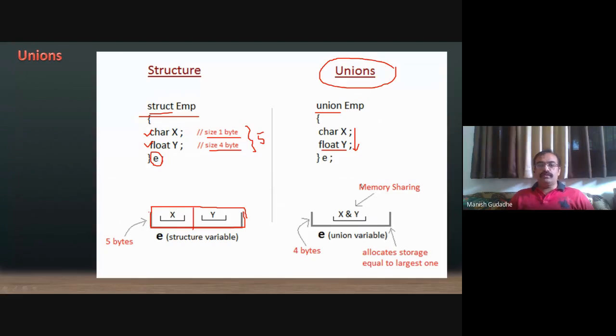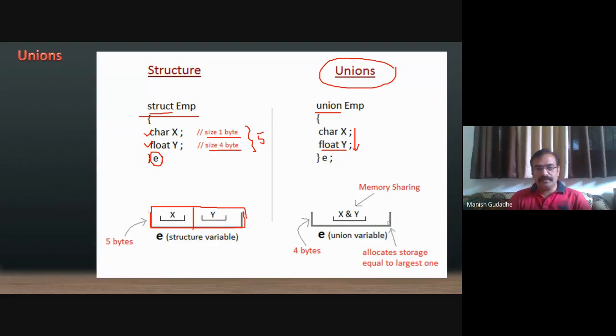So what will union do? Union will allocate the highest piece of memory it is asking for. So it is asking for 4 bytes for a float, which is the biggest member. Then this is going to have only 4 bytes for the union, which will be used by x or y whenever needed.